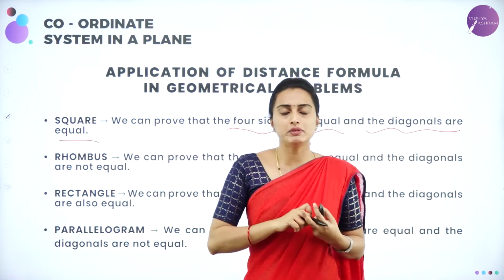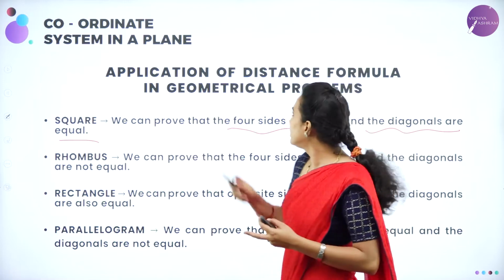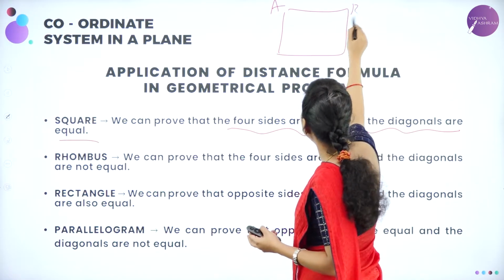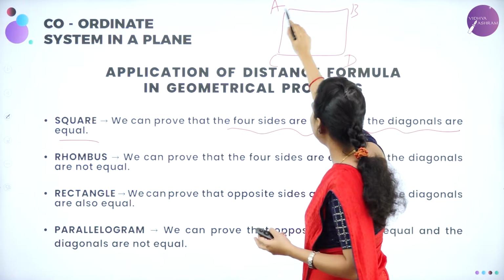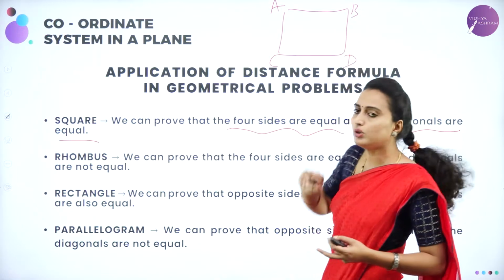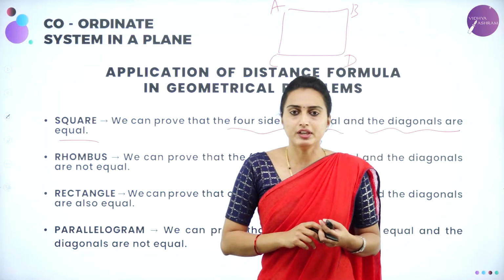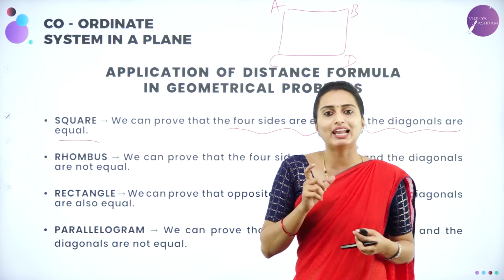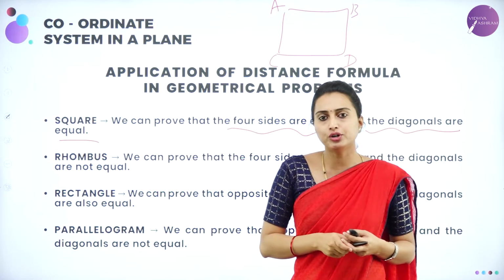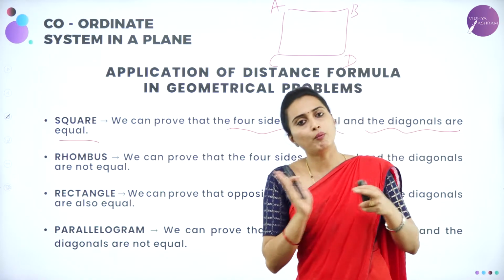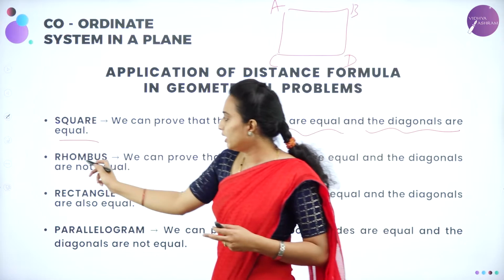4 sides are equal means you are going to find out the 4 sides. This is a square if you are having. So this is ABCD. If the length of AB is equal to the length of AC is equal to the length of CD is equal to the length of BD, then it is said to be a square. Okay, we are using the distance formula here to find out the length. Understood? This is what, when the 4 points are given, by using the distance formula, what all we can prove.